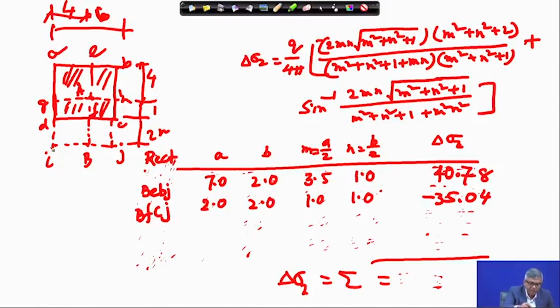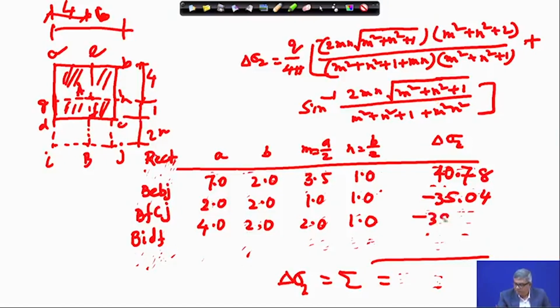So, BIDF, this is not there. So, it will be minus, and it is 4 and this is 2 and this is 2 and this is 1, and if I put these values in this equation, you will get minus 39.98, and finally BIAE,